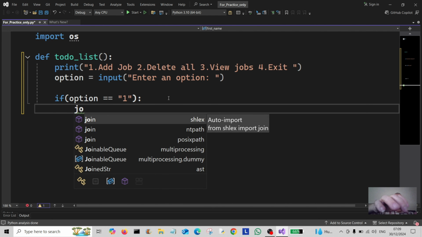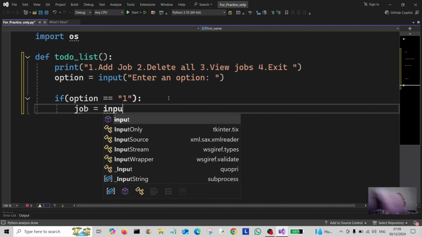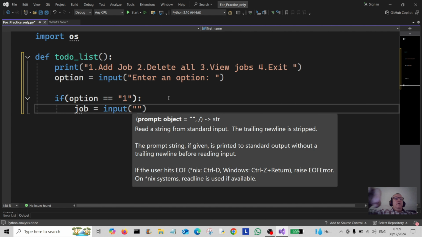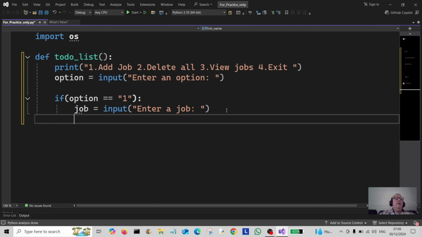Create a variable here called job, assign it to input, and we're going to tell the user to enter a job. And then when the user's entered a job, say cleaning or something like that,